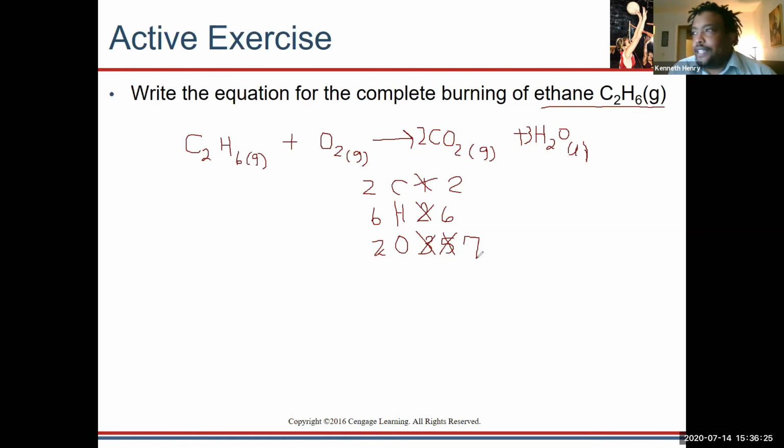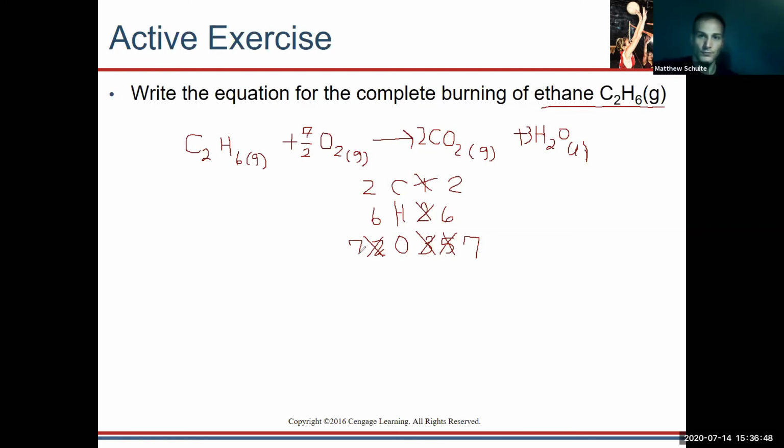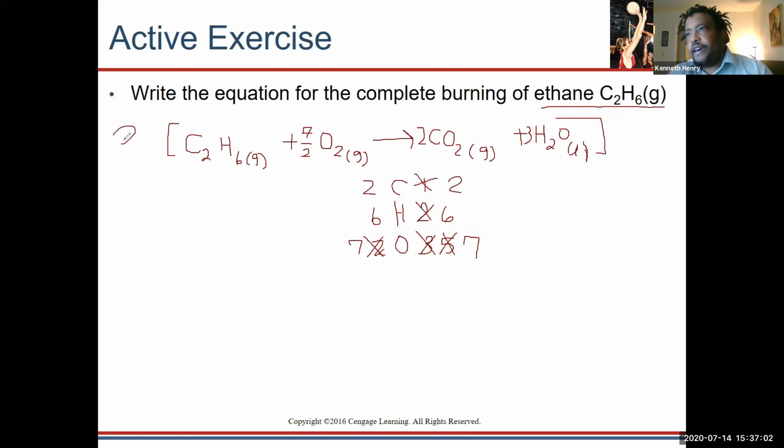Change something. Well, I'm going to show you a trick. If I use 7/2, 7/2 times 2 is what? 7. Is it balanced? Yes. Now here's the hard question. Can you have a half of a molecule? No. So we want to get rid of the half. If we multiply everything by 2, the whole equation, we get rid of the half. So we end up with